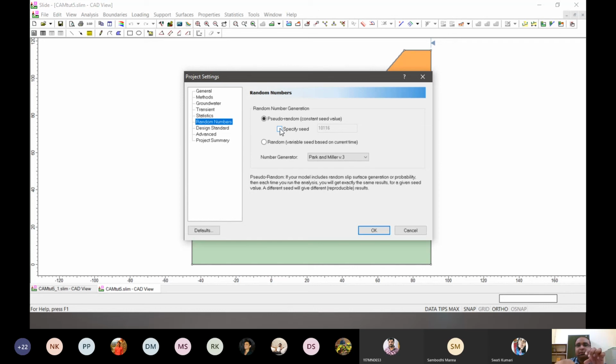That random variable will act as a seed value for the next random variable and so on, right? So giving a seed value makes it a pseudo random variable because we are not keeping it fully random, right?